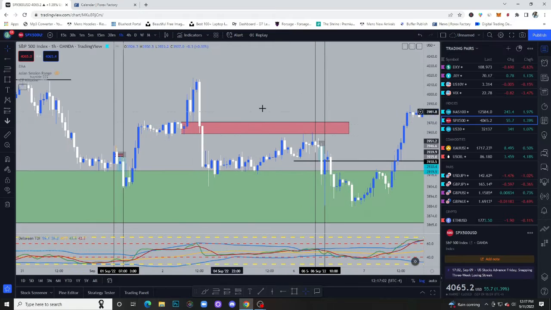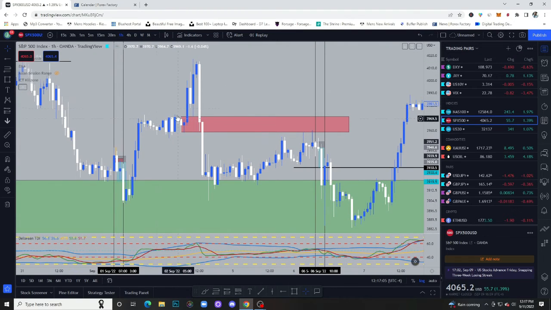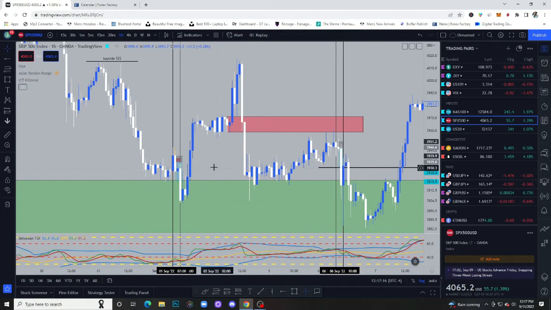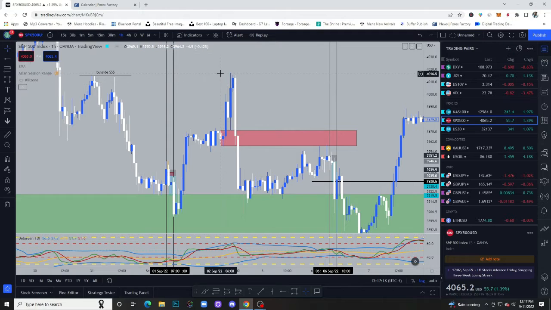But as you can see, this is a 1 hour breaker block right here, because this is the last bearish candle before price rallied and took off, and then price eventually fell through it, right? So you had that, and also price came up and took the buy side liquidity that was resting over here, right? So this right here basically tells me that we're not really going to expect